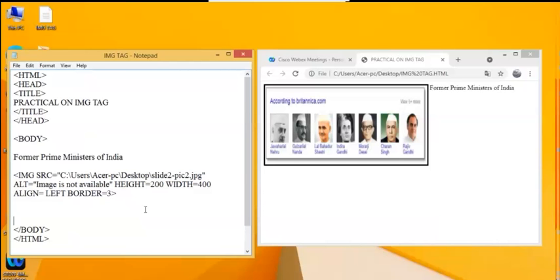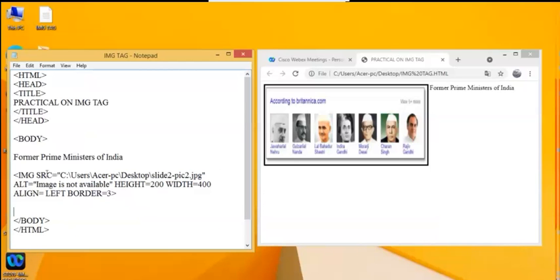And one more thing, to display that image in your web page, you should have that image in your computer somewhere, either on the desktop or in any other drive. So now I hope that this image tag is clear